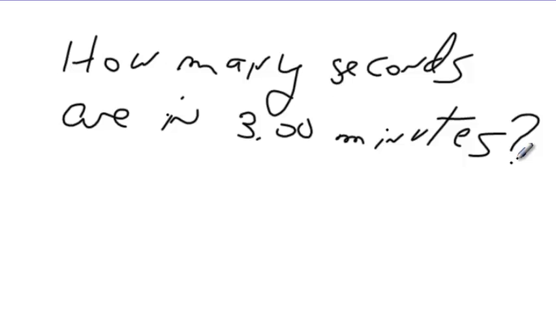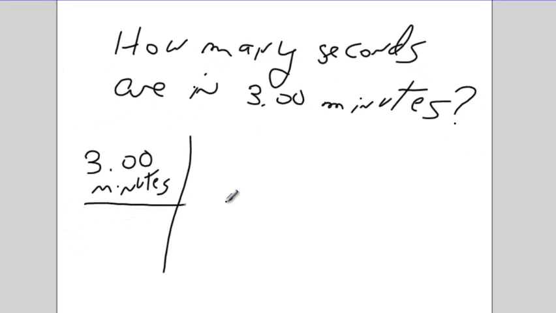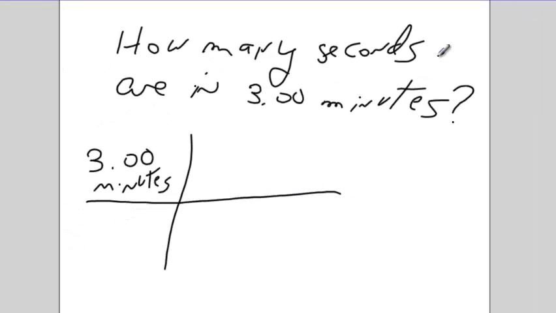How many seconds are in 3.00 minutes? Okay. So 3.00 minutes. There's my dimensional analysis. The thing that is given to you in the problem always goes here in this first square in dimensional analysis. Then the unit that is of the given goes right down here,